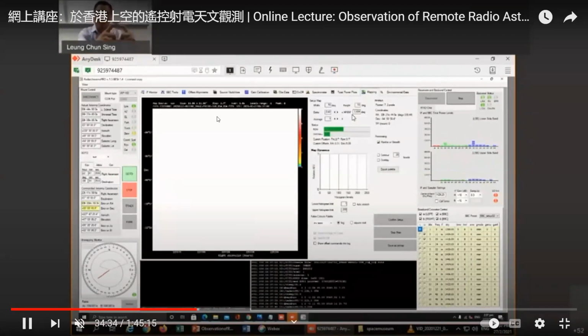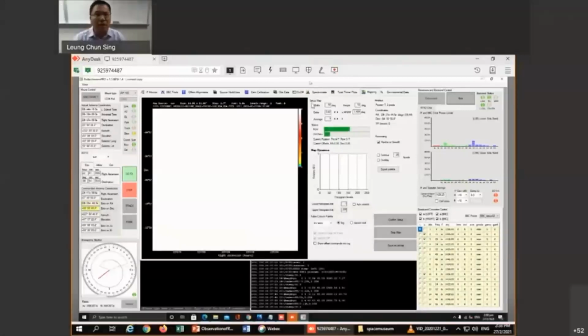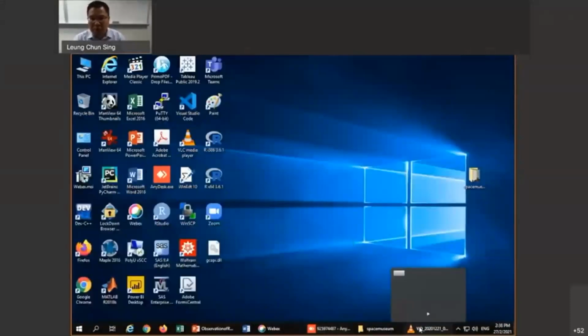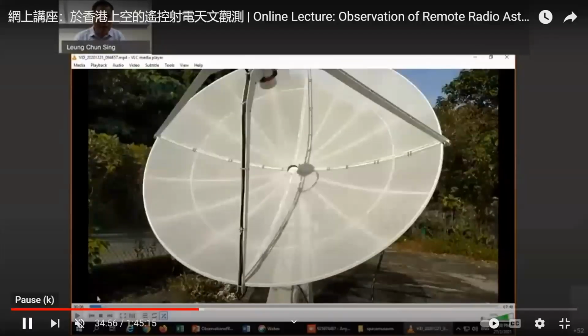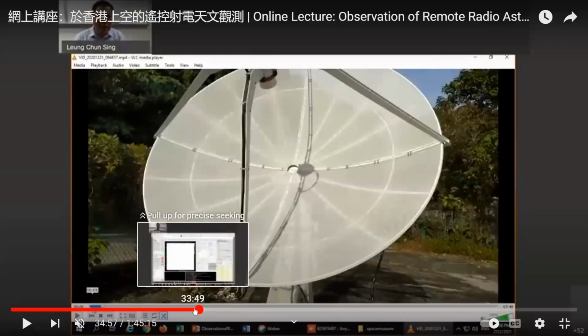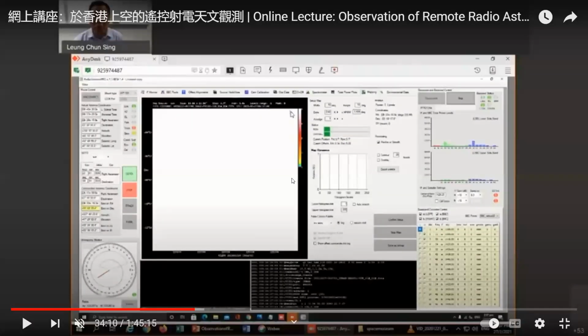We want to create a map, or a photo, I would say. This photo corresponds to, let's say, 7 rows times 7 columns, in total 49 pixels. You showed me a very poor resolution photo. Yes, 49 pixels, because for a single dish of observation,